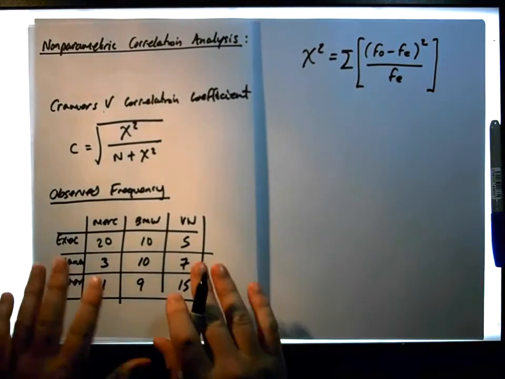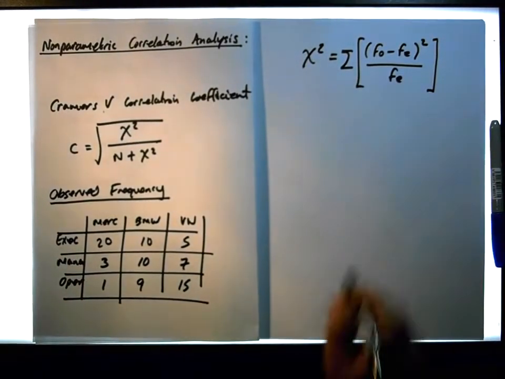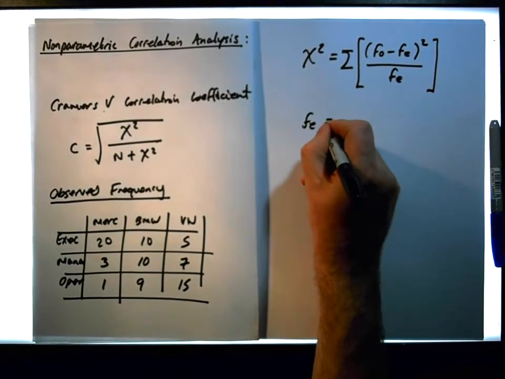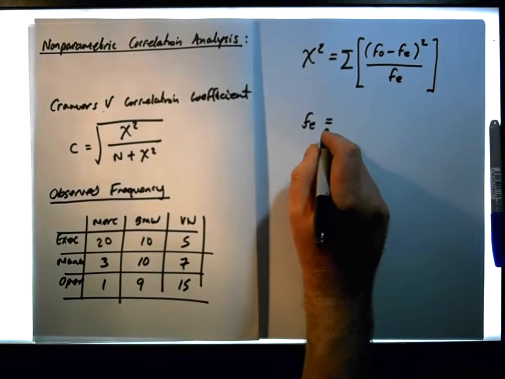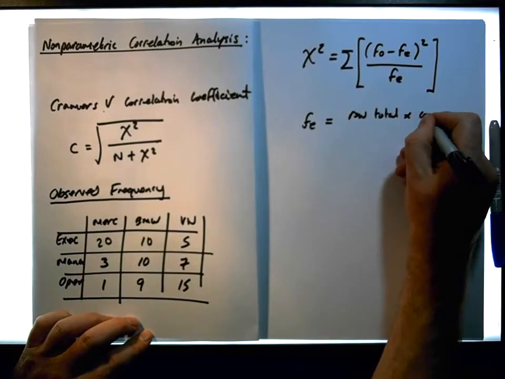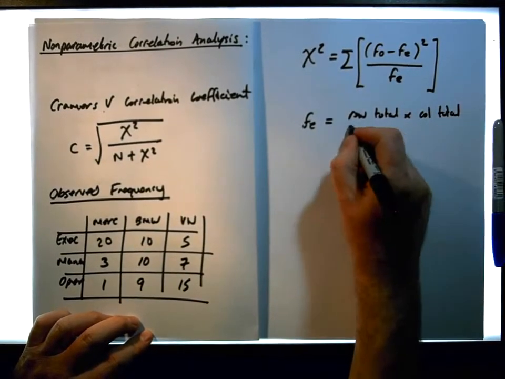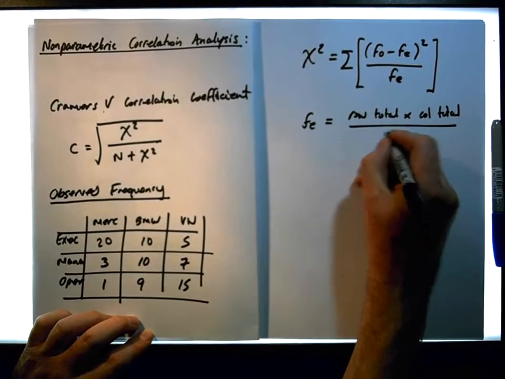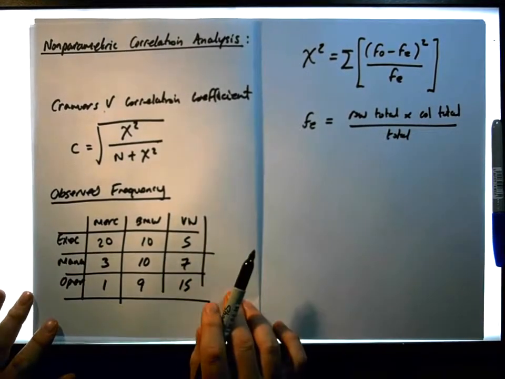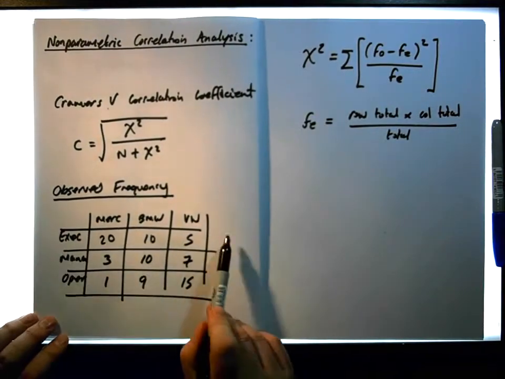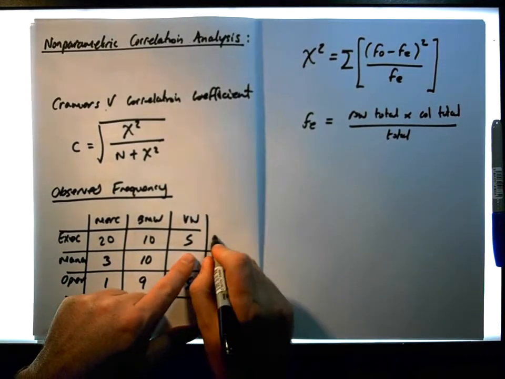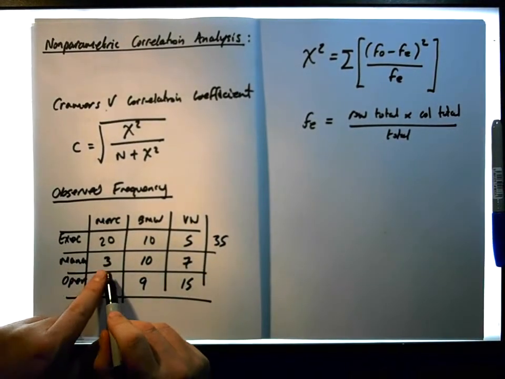So we need to build an expected frequency table. The important thing is that the expected frequencies are simply equal to the row total times the column total, divided by the total number of observations. So from our observed frequencies, let's calculate our marginal totals. For executives, we have 20, 30, so we have 35 executives. Managers, we've got 3, 13, and